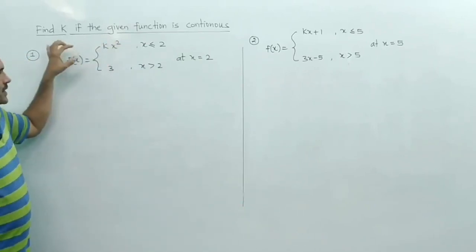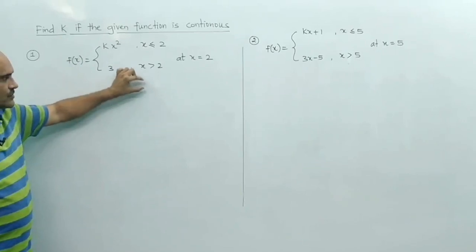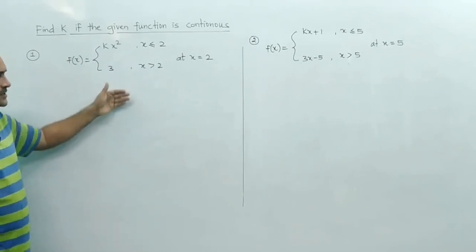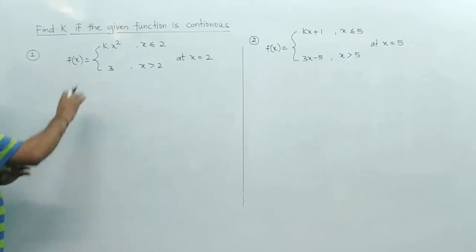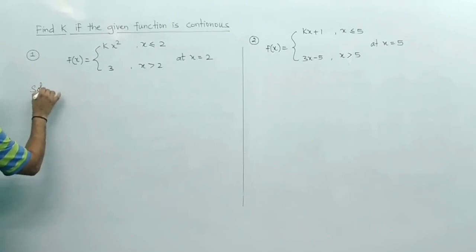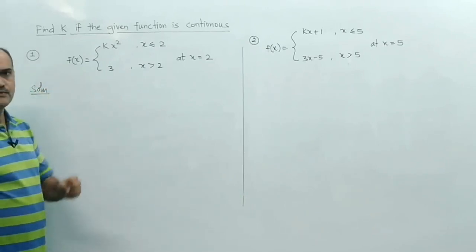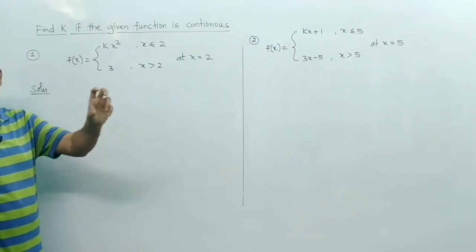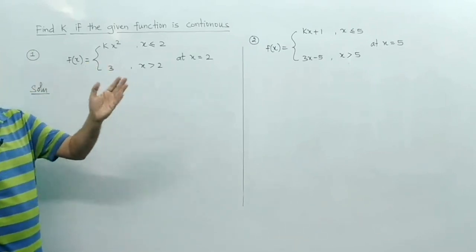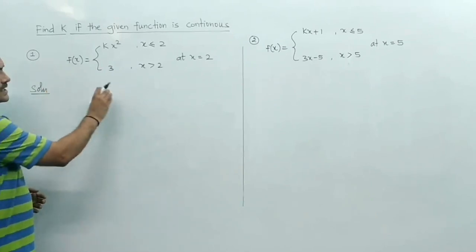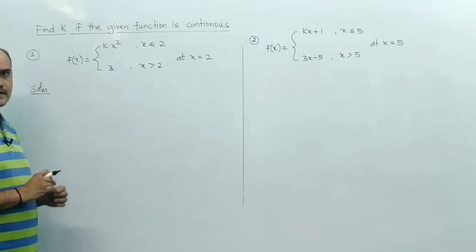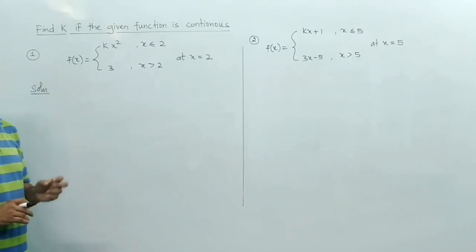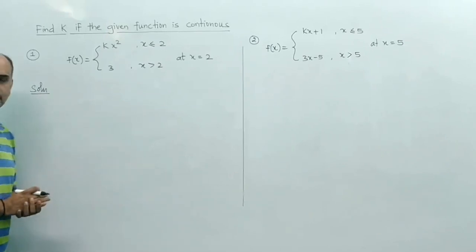So now if you want, you can write this function as x equal to 2, x less than 2, x greater than 2 in three brackets. But I will be taking it directly even if you don't write. While taking, you take such that one function should have k and another one should not have k. So one should have k, one should not have k.